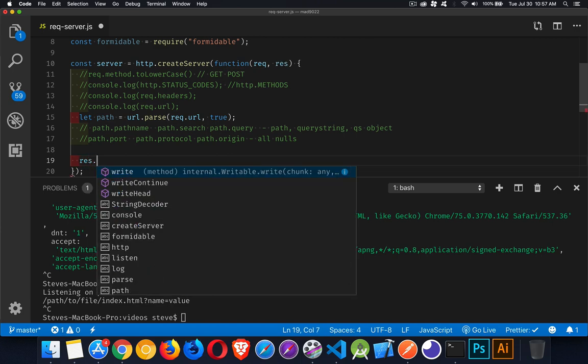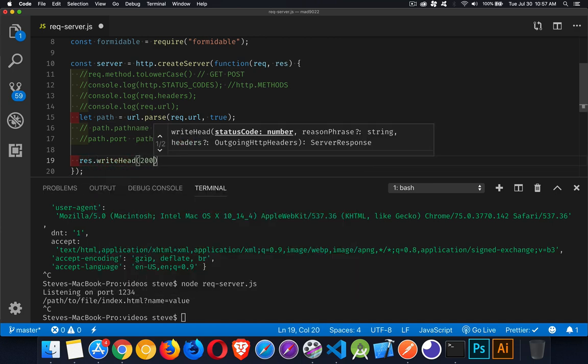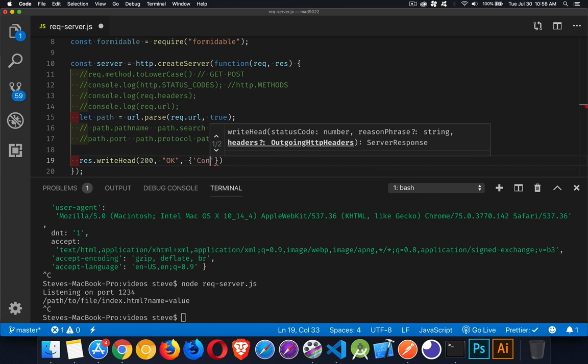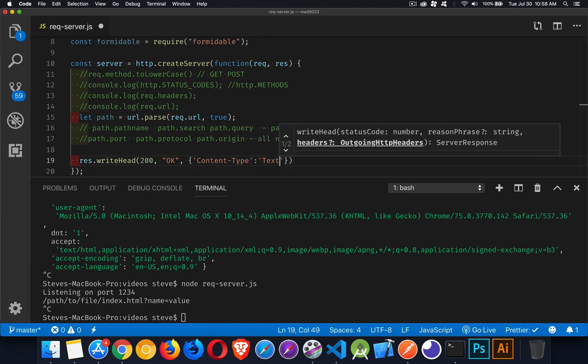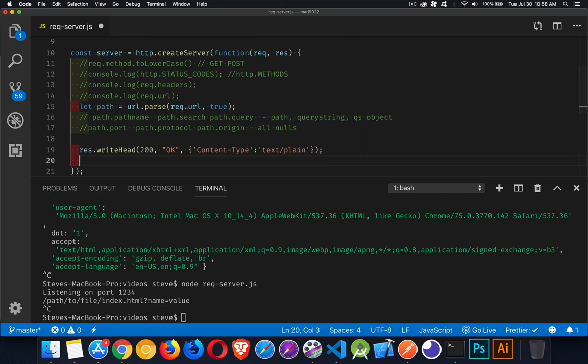So response.writeHead. This is where we can put the 200 status code. If you want, you can also put the message in there. We could send 418, I'm a teapot. And optionally, we can also put inside of here an object. So if you wanted to add other headers like content type, and this will be text/plain that we're sending back,